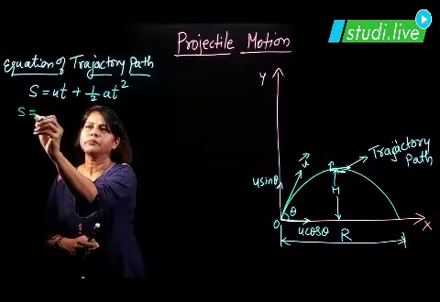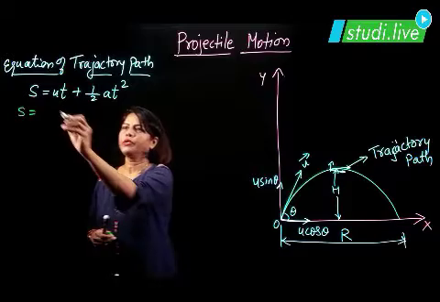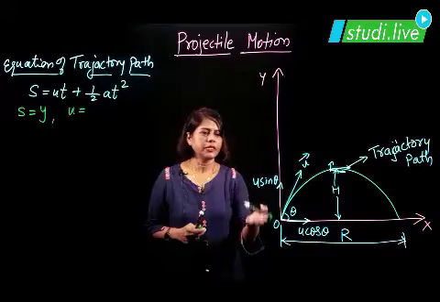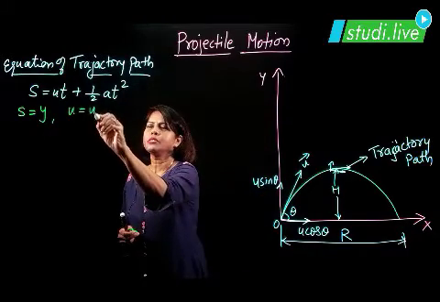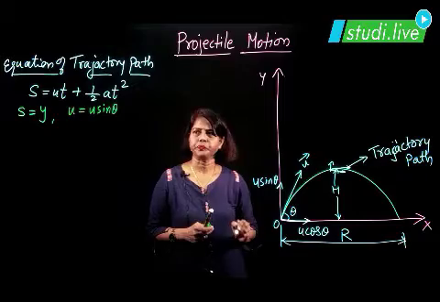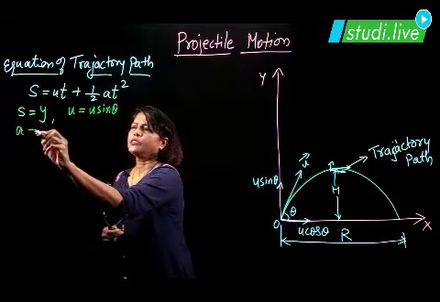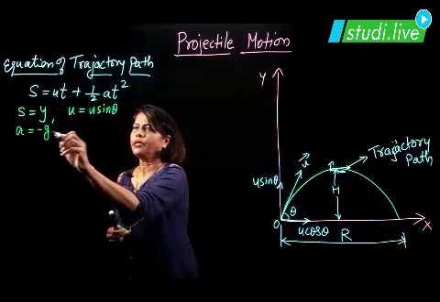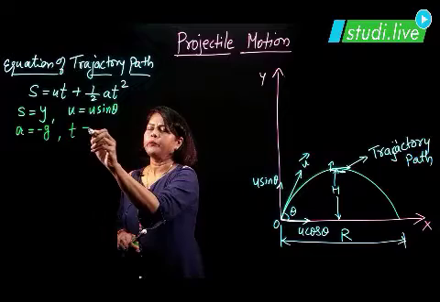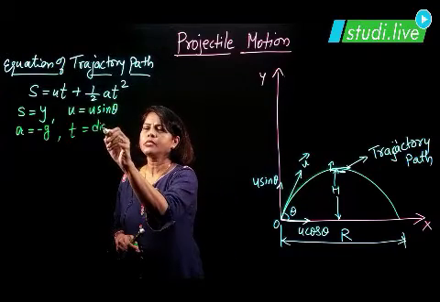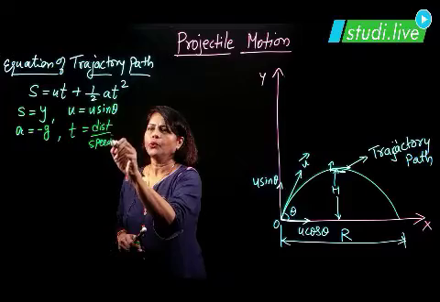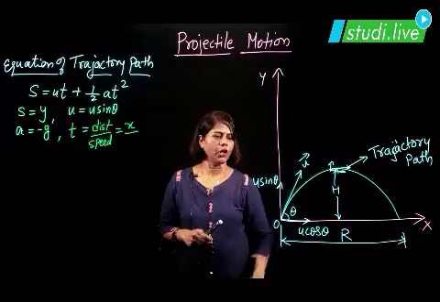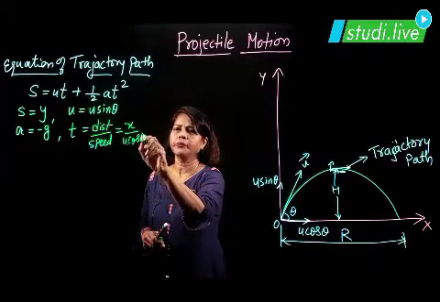See, S basically is the displacement, and the ball's displacement is in the upward direction. So we write it as what? Y, that is y-axis, and u is the speed. Since the ball is going upward, its speed is u sin theta, as you can see in the y-axis direction. Okay. A is the acceleration, and since the ball goes up, it is against gravity, so we take it as minus g, and t is the time. As we know, time is nothing but distance upon speed. So distance is along the x-axis, so we take it as x, and the speed of the ball along the x-axis is u cos theta, as you can see in the figure.